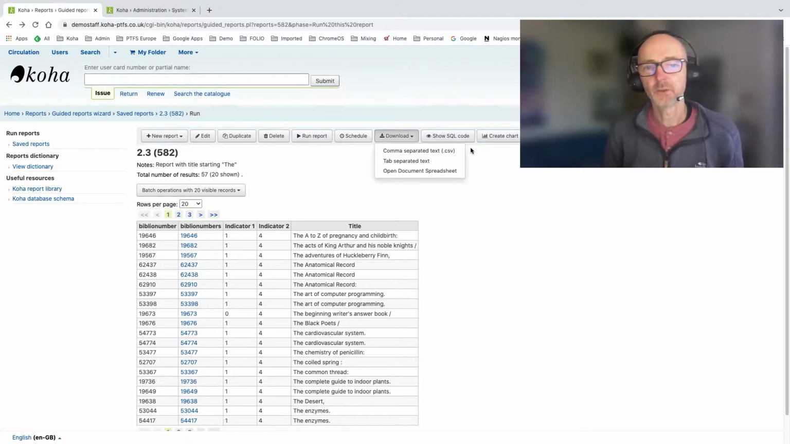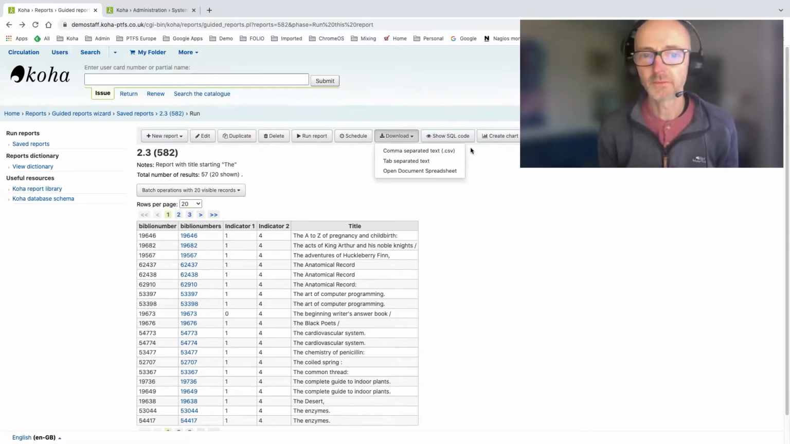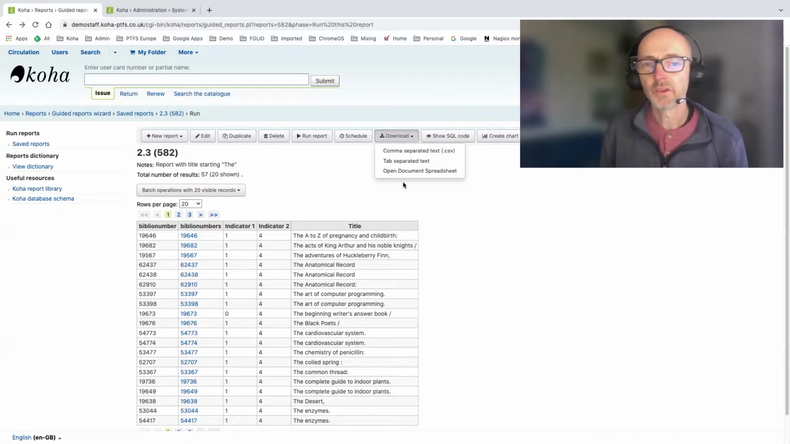I guess the first thing I would say is that the open document spreadsheet is probably your best bet for most Office applications. It is an open document format, and it's compatible with applications like Microsoft Excel, LibreOffice, and so on. It's an XML structured file format that's very portable. So if I just download this as an open document spreadsheet,